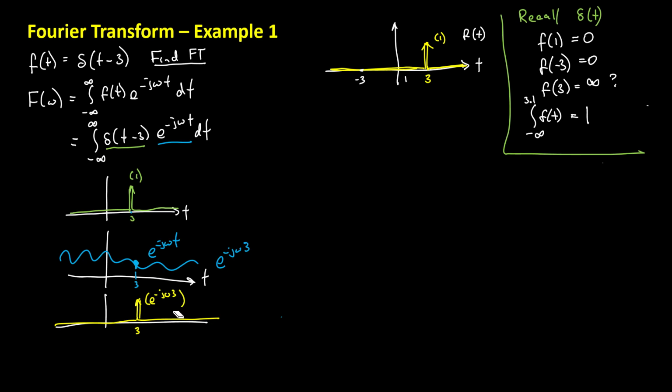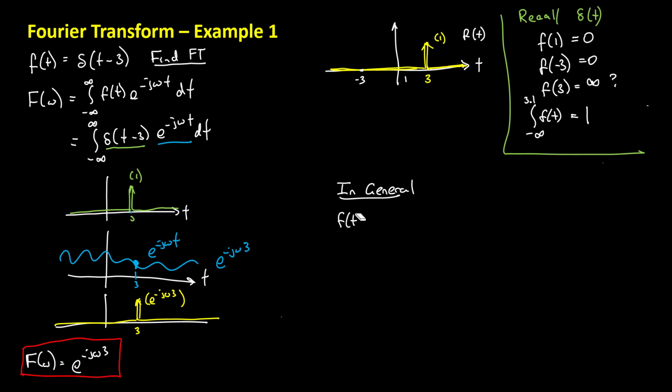Now the integration is really easy. In this recall box, we said that the integral of an impulse is just the area of the impulse. So this integral has to be equal to just e to the minus j omega 3. And that is, in fact, the answer to this question. This is what F of omega is. But more importantly, we found our first pair. And so our first pair is, in general,